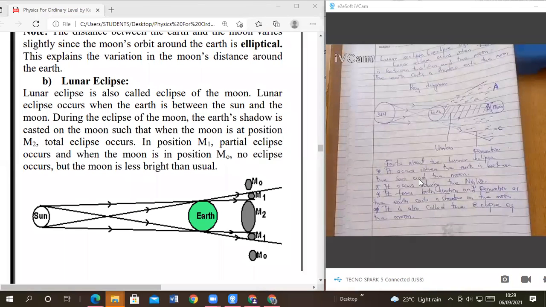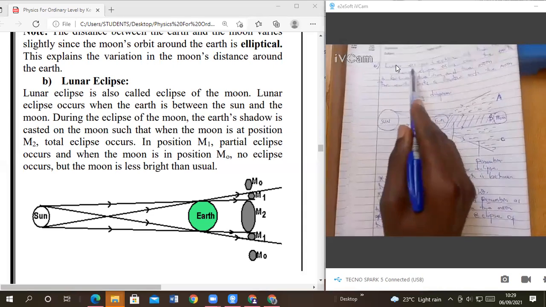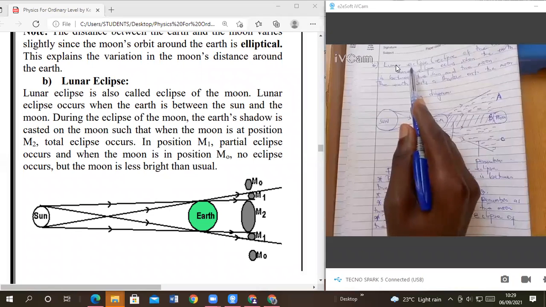Any other question about shadows and eclipse? Yes, Romeo. Romeo, are we together? Teacher, yes. Which one of the two lasts longer? The one which lasts longer is the lunar eclipse. Is the lunar eclipse. Okay? The lunar eclipse is the one which lasts longer. Okay? But